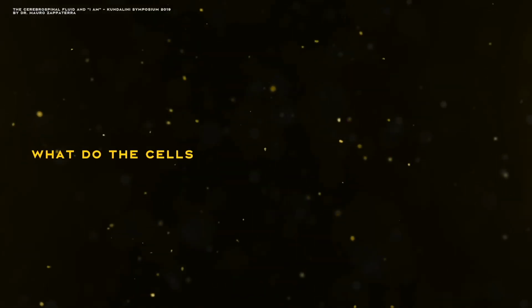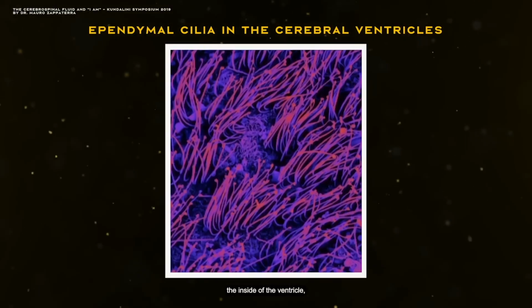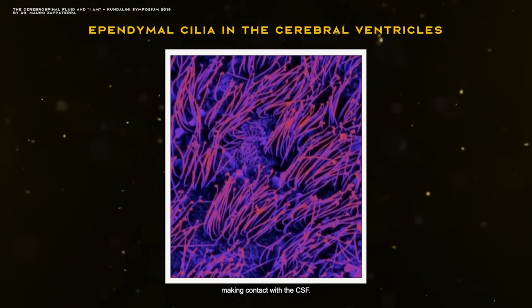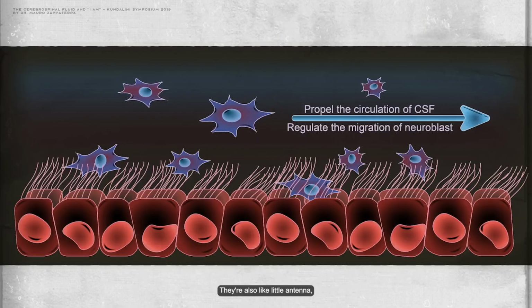So what do the cells look like that contact the CSF? Well, this is a scanning electron microscope image of the wall of the ventricle, the inside of the ventricle making contact with the CSF. What we see is that the walls of the ventricles contacting the CSF have these cilia, or slender hair-like structures. The cilia can beat to actually create fluid movements. They are also like little antennae monitoring the fluid that have receptors on them to pick up information in the